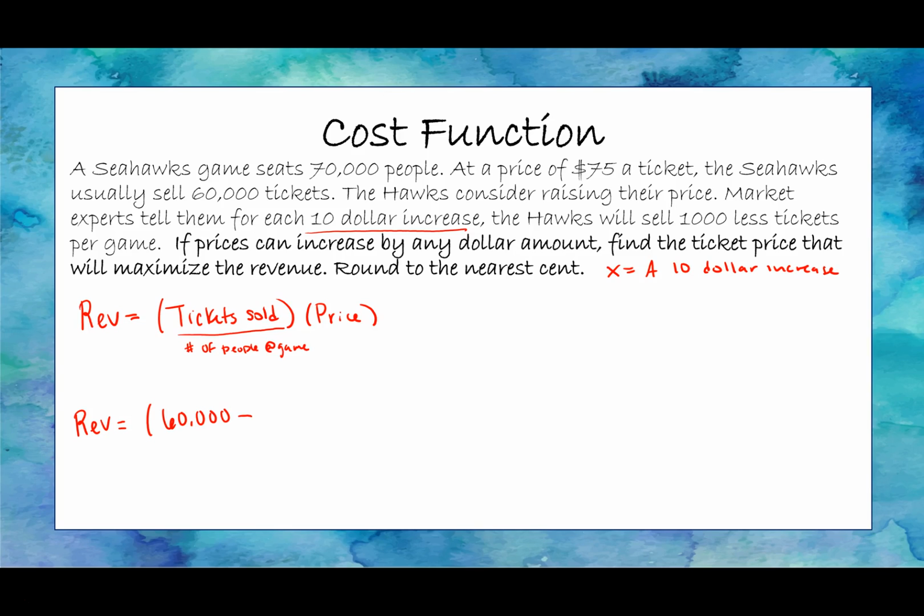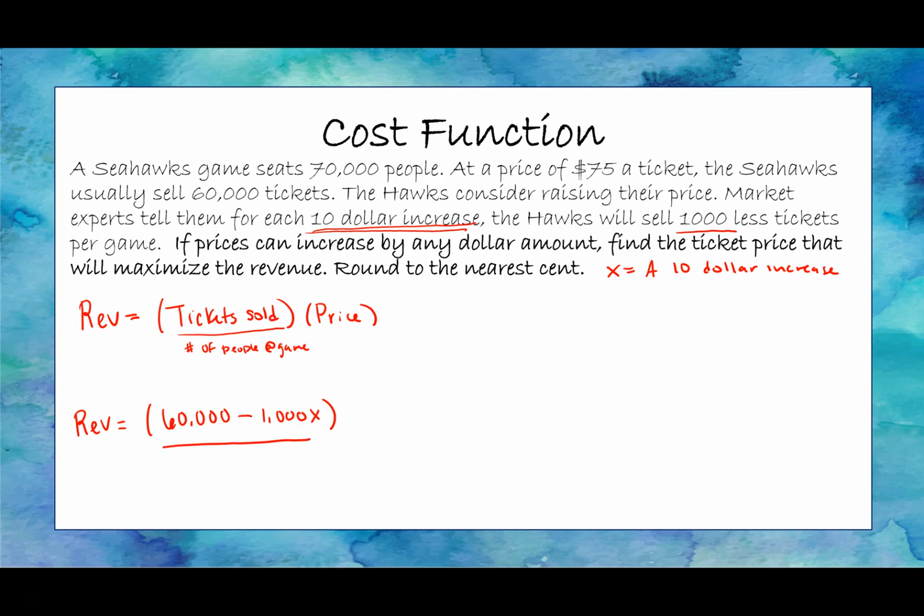And so let's look at this sentence again. It says market experts tell them for each $10 increase, they're going to lose 1,000 people, or they'll sell 1,000 less tickets. So what we're going to say is that for every x, we lose 1,000 people. So that's going to look like this, because for every $10 increase, we lose 1,000 people. So this right here represents the number of tickets sold, which is the same thing as the number of people